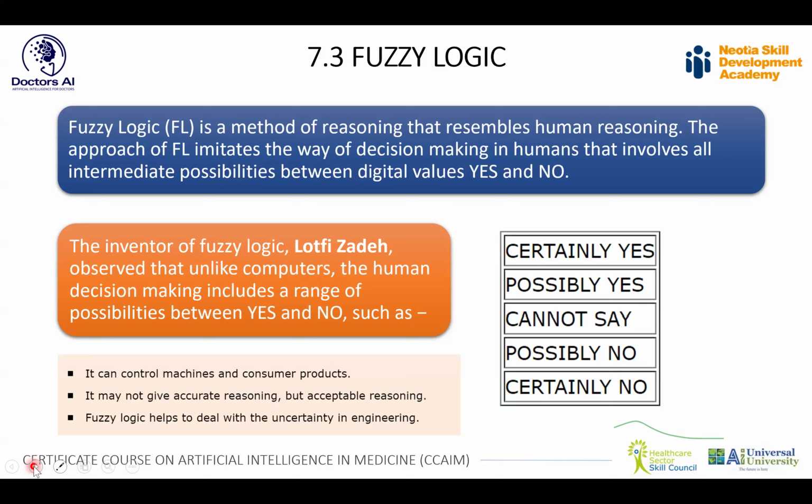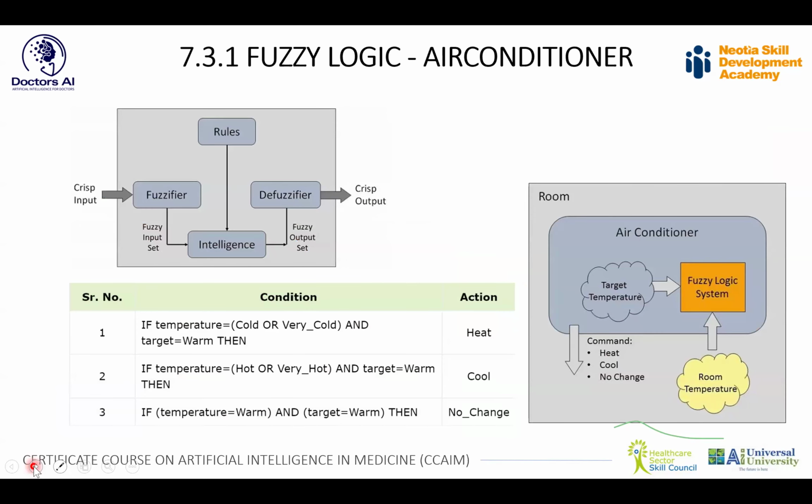Right? Now let's give an example. Anything that lies between yes and no comes under the spectrum of fuzzy logic. If this, then that. That's where fuzzy logic comes in. Let's take an example of fuzzy logic in the ecosystem other than healthcare, and then I'll give you an example in healthcare. One is an air conditioner. This is the whole structure of fuzzy logic. It is given a set of rules: if this, then that. There is a layer of fuzzifier where the input comes in, then there is an intelligent layer, and there is a defuzzifier, where the output goes out.